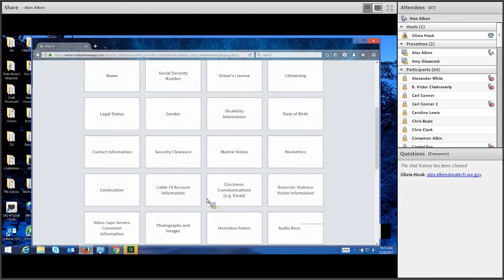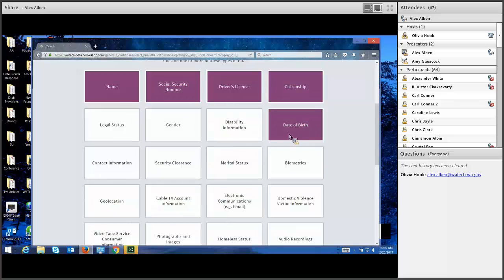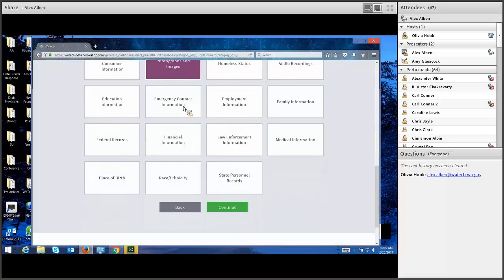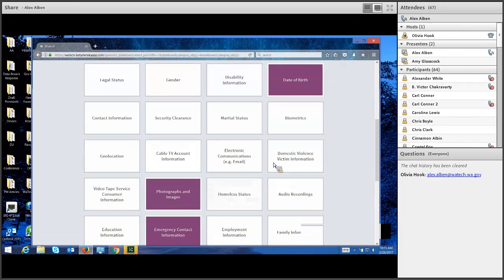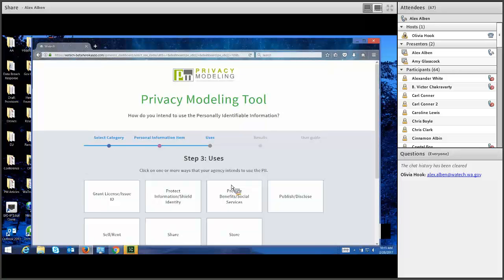Then we pick the types of personal information: name, social security number, driver's license. Here we do want citizenship, date of birth, and maybe we also are going to take a photo of them for their driver's license, and maybe we want emergency contact info as well. As I said, you can click on as many of these tiles as you want to expand your search.